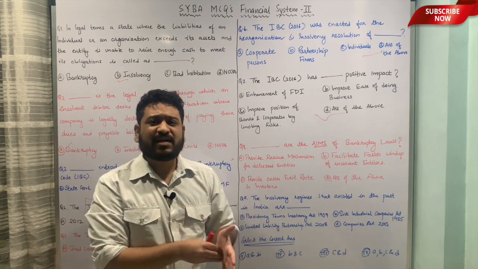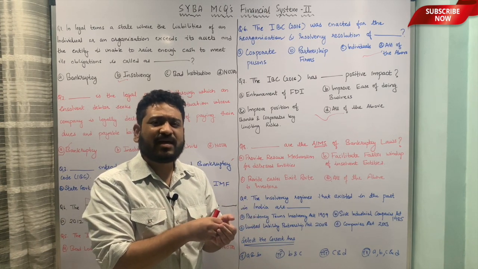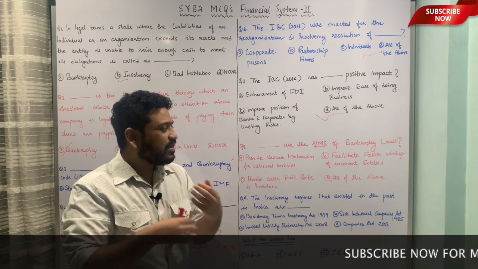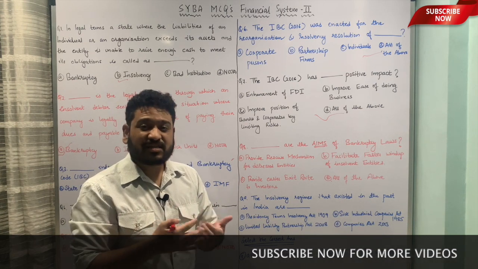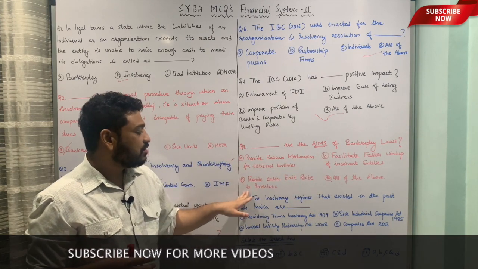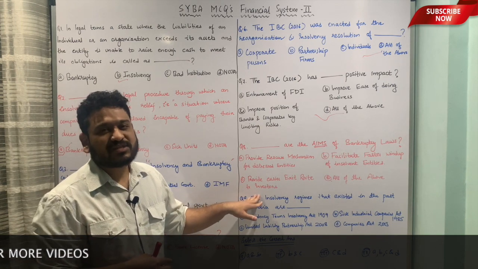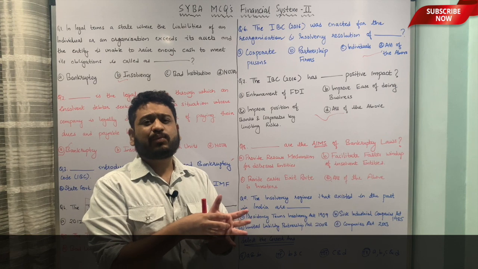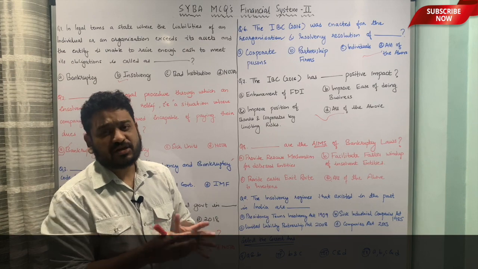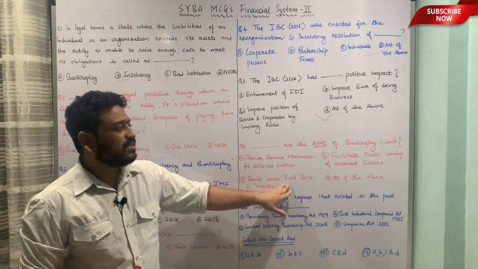For example, there's an entity which is declared insolvent, and then we know that there are a lot of people associated with that entity, and the entity has a lot of liabilities associated with them, and therefore a facilitation of a faster resolution mechanism or winding up is given under the bankruptcy laws. Then the third point is provide easier exit route for investors. That is what I told just now, that there are a lot of people who are associated with a corporate firm or any partnership firm, and as a result of that these investors should have a very easy exit route. Okay, so that is again the aim of bankruptcy laws.